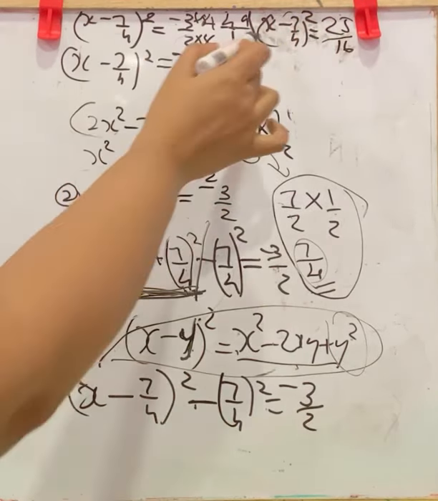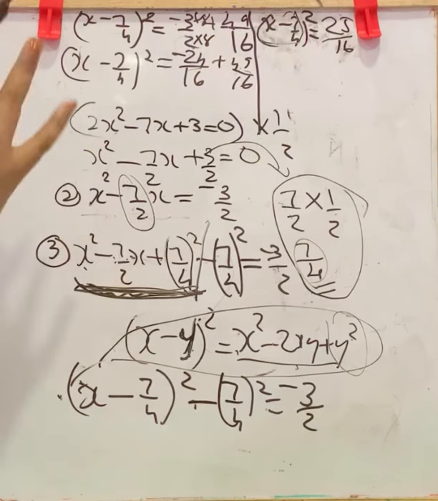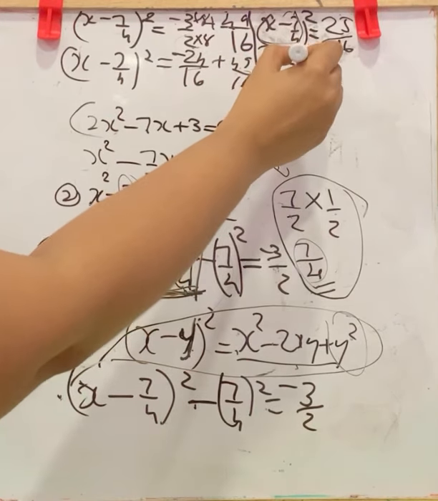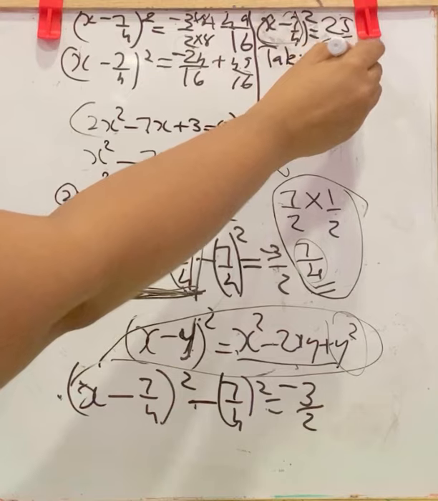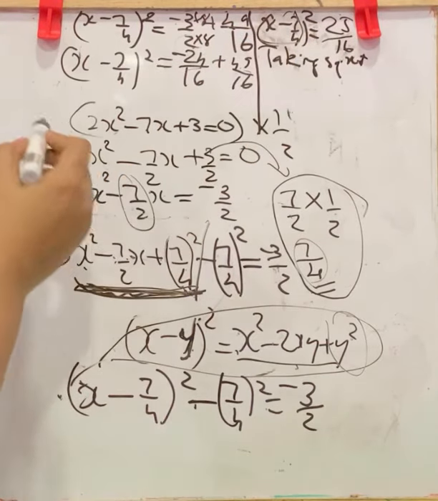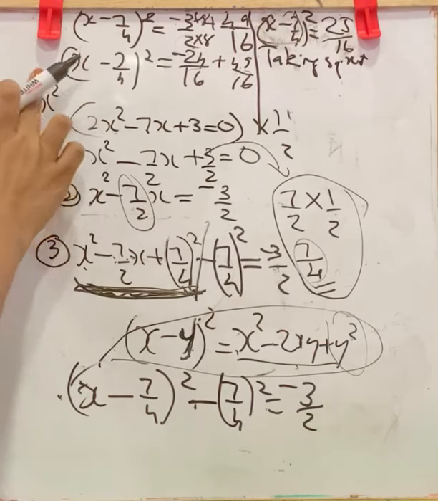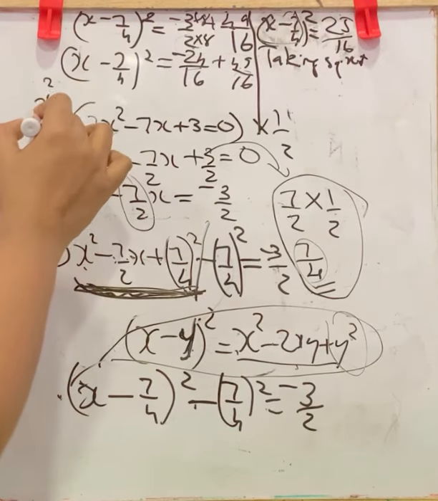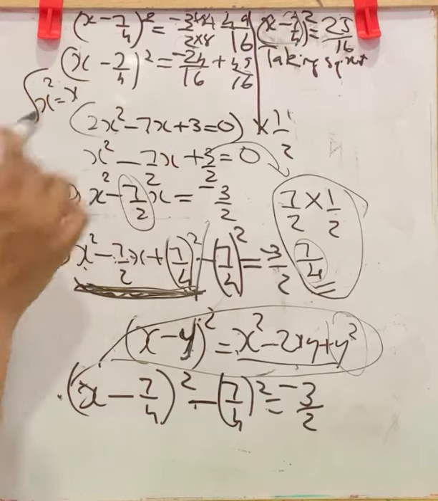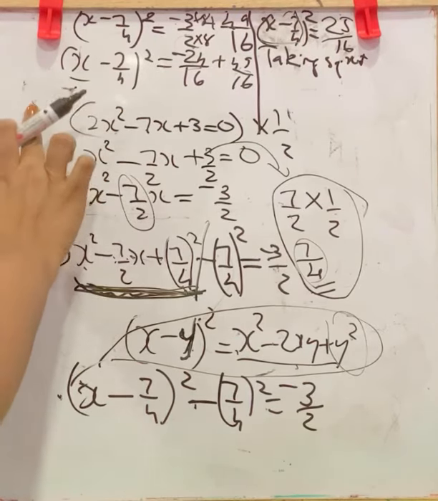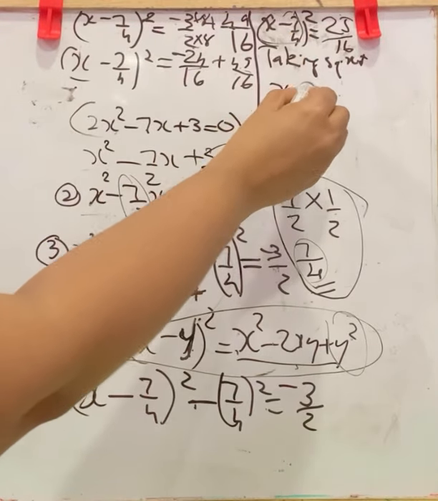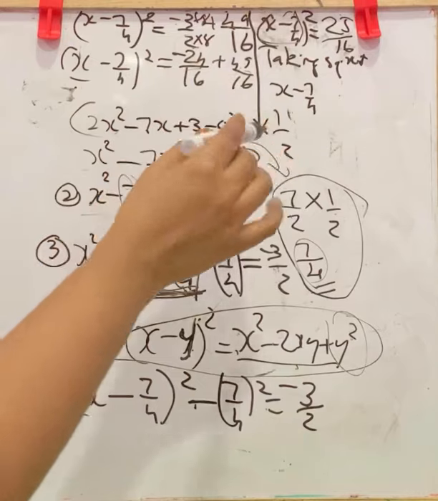Okay. Now here we have a square. We don't want the square in our equation. We are taking the square root. Cancelling the square means taking square root. A square number's square root will be the number without square. The square root of x square is x. Like that. Here it is a square number. Taking the square root, we will get x minus 7 by 4. The square will be cancelled.